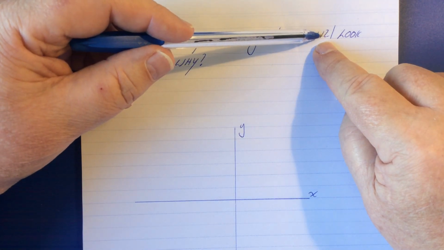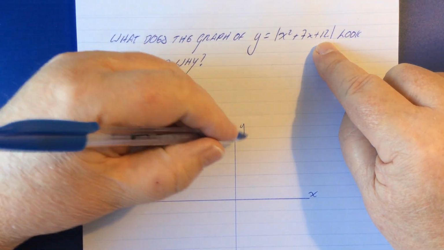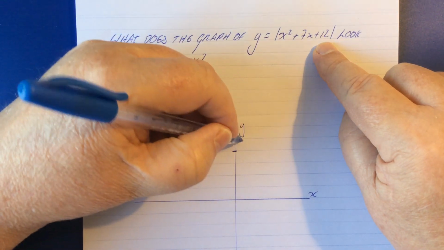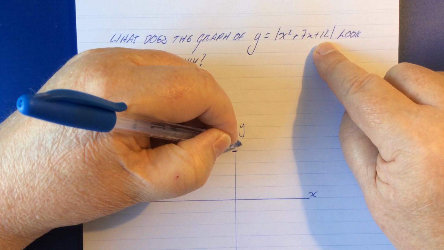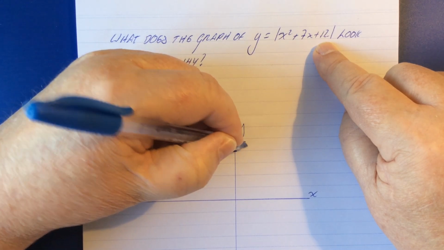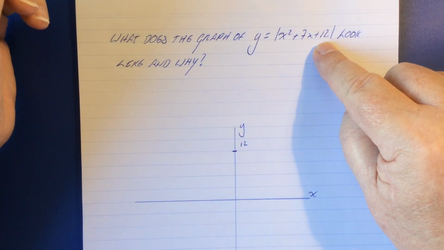The 12 here is the y-intercept, so we'll put that in there. This is not to scale. 12,